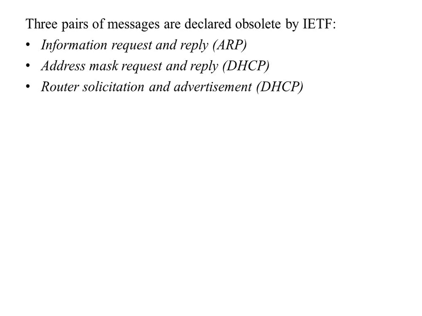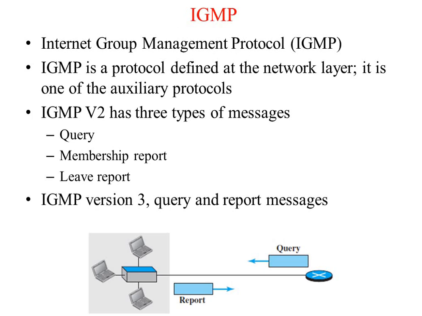The third one is router solicitation and advertisement. Again, it is not in use, because DHCP takes care of that too. That's why router solicitation and advertisement is outdated. Nobody uses these three queries nowadays, because protocols like ARP and DHCP take care of these queries in the protocol itself, and these protocols are used for various purposes. So there is no need to use them once again. Okay, so this is how we have come